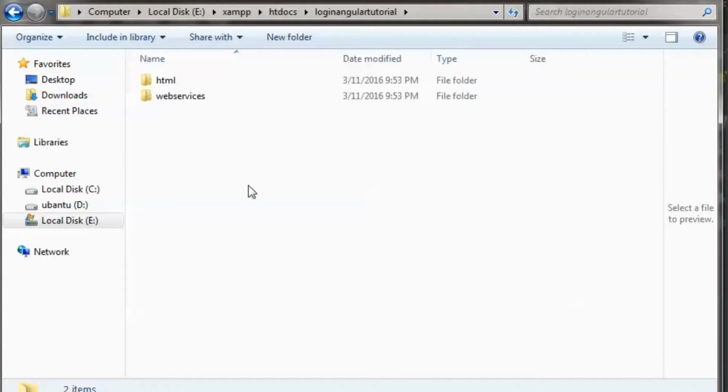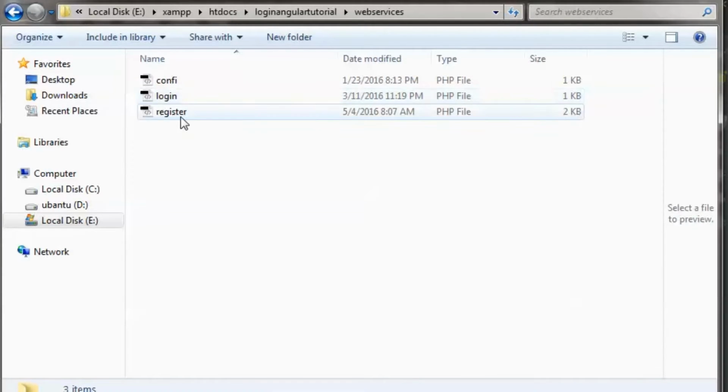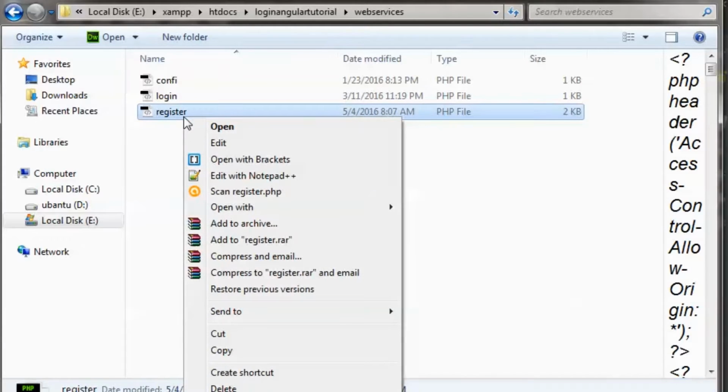So first of all, you will have to create two folders to keep things systematic. I've created two folders. You can create just one folder for your project files, for web services and HTML files, but if you create just one, then it will be too crowded and you will get confused when the number of files increase. So I've created two folders containing the web services and the HTML files so that there's a clear separation. So I'll go to the web services and then I'll show you this using the registration page I've created. Okay, so I'll open the registration page and show you in detail what it is.